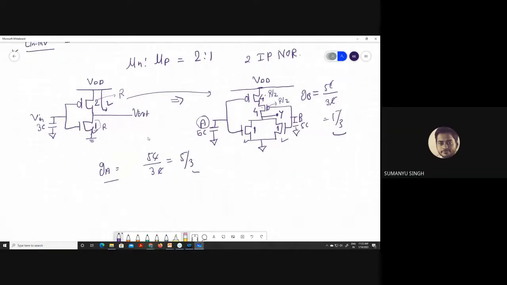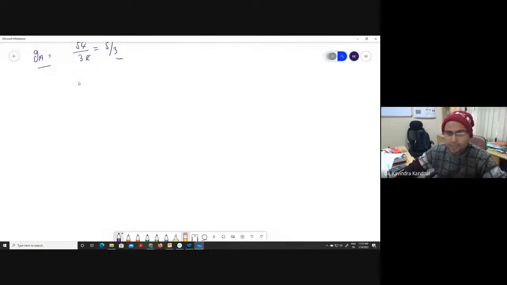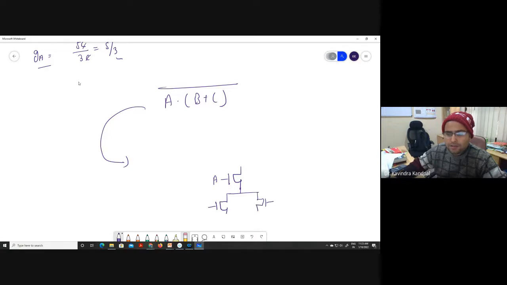Yes, sir. So usually the circuits where, if you are implementing a circuit using NAND, NOR, usually you will find the symmetrical or similar logical effort for each input. But let's say I am implementing a circuit like A into B plus C whole bar. If I am implementing this circuit, then check. Let us suppose A into B plus C means, let's say this is the A, B plus C means this is B, C,